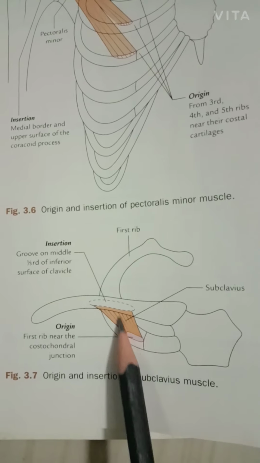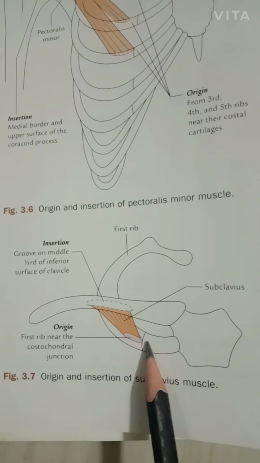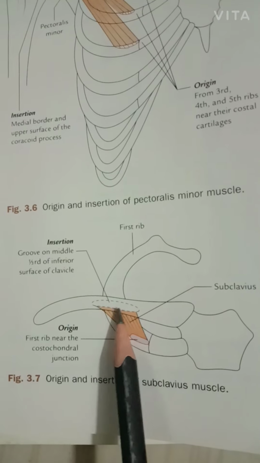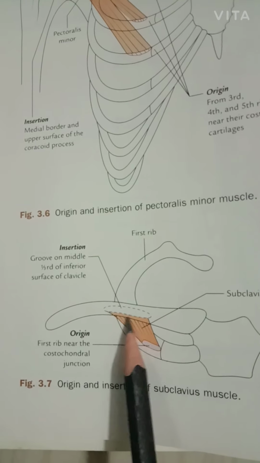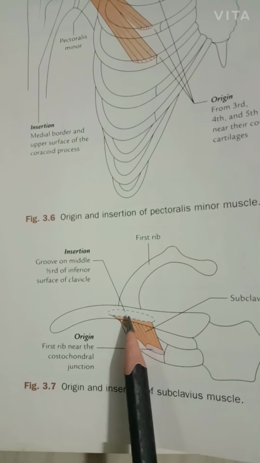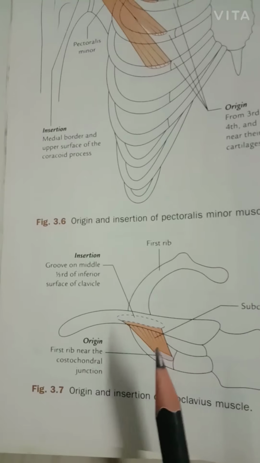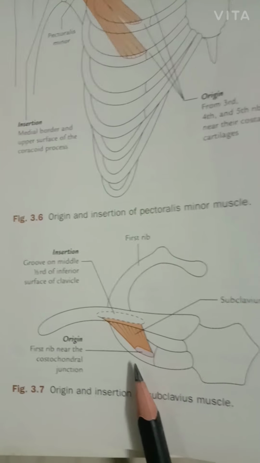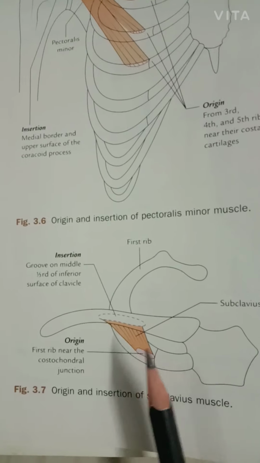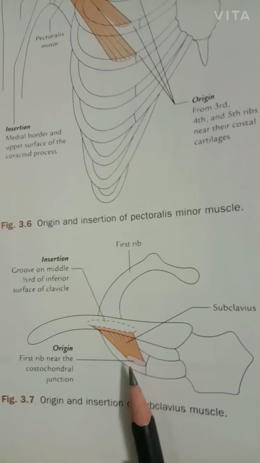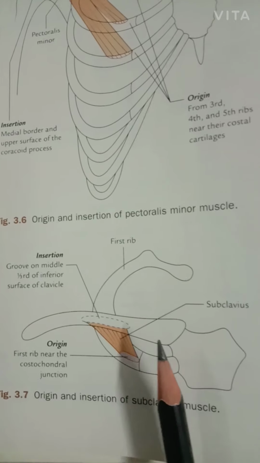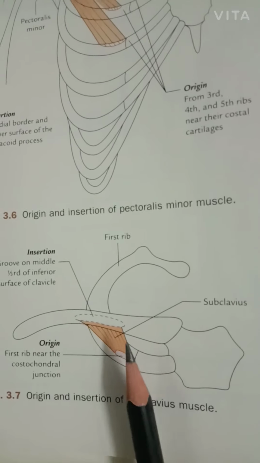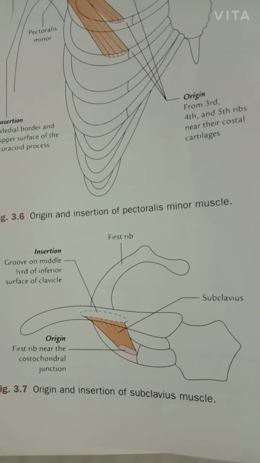So this muscle is a very small muscle which originates at the first costochondral junction, and is inserted on the groove called the subclavian groove, which is present on the middle 1/3 of the clavicle. Then the nerve supply of the muscle is the nerve to the subclavius, which comes out from the upper trunk of the brachial plexus. And the action of this muscle, that is it steadies the clavicle during the movement of the shoulder. So that is the important function which is done by the subclavius muscle.